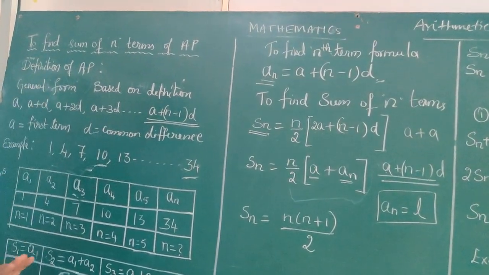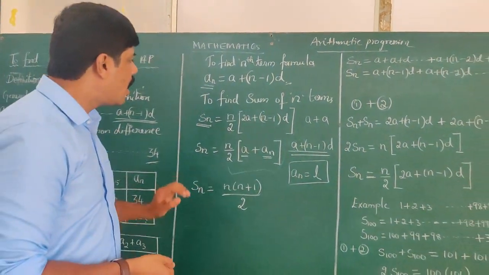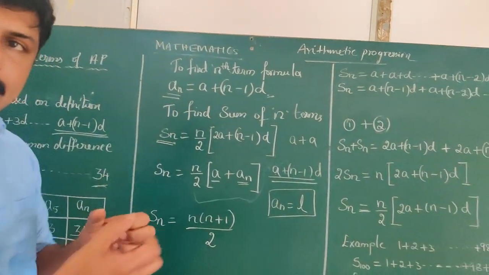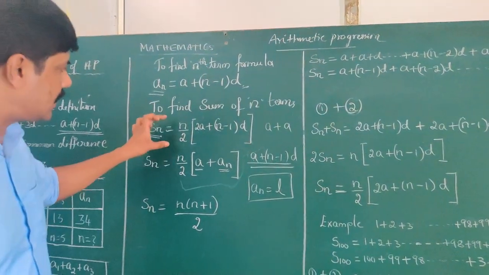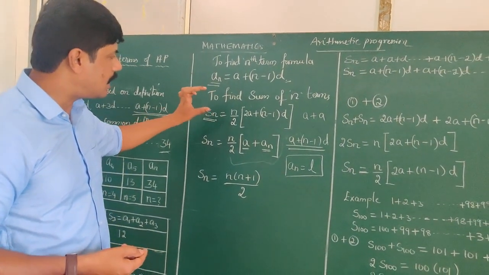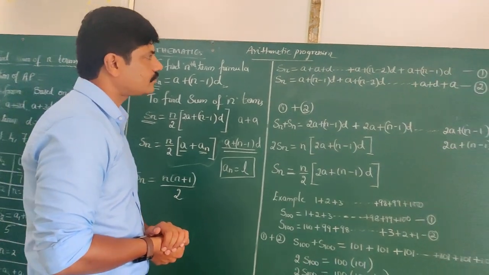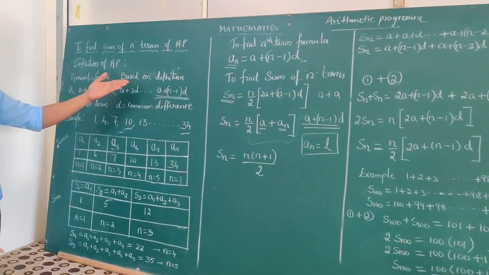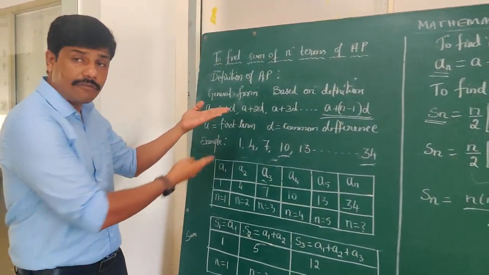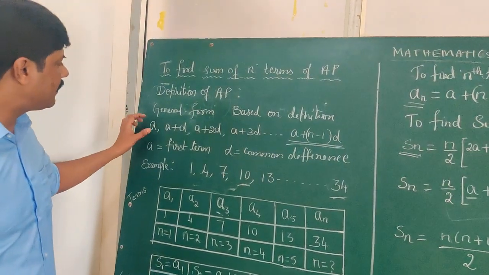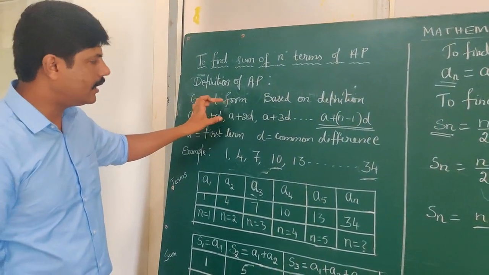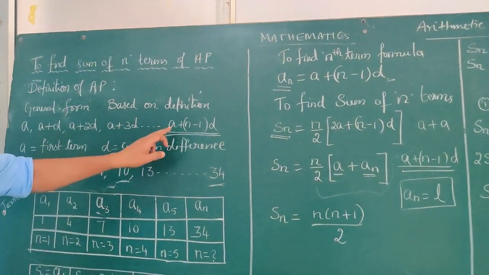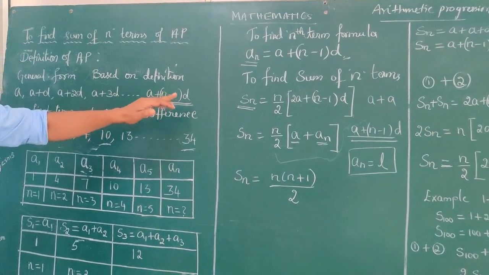These are some of the formulae you have to use while solving arithmetic progression problems involving the sum of n terms of AP. Now, I'll explain how to derive this formula. This formula is derived by some method, and now I'll tell you how it has been derived. What is Sn? General form of AP, already you know that, is a plus d, a plus 2d, a plus 3d, like this proceeding up to the nth term, a plus n minus 1 into d.